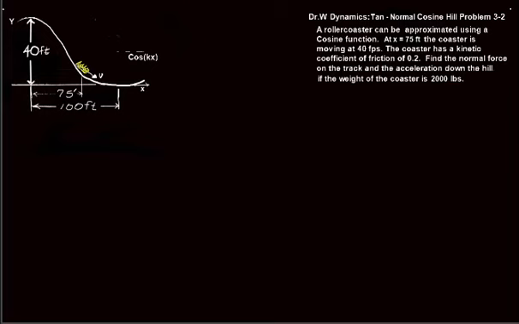Recall in our tangent normal coordinate frames that if we have a path of motion, we would have a velocity along that path, v, and that velocity defines the tangent direction, t hat, which is our unit tangent vector, and then perpendicular to it is the n hat, the unit normal direction,